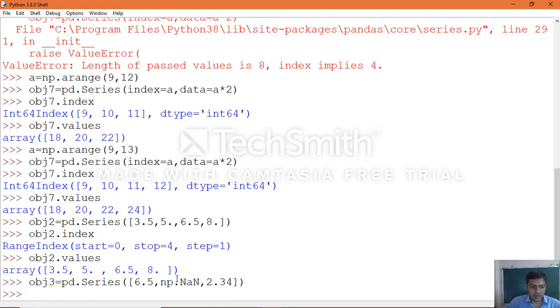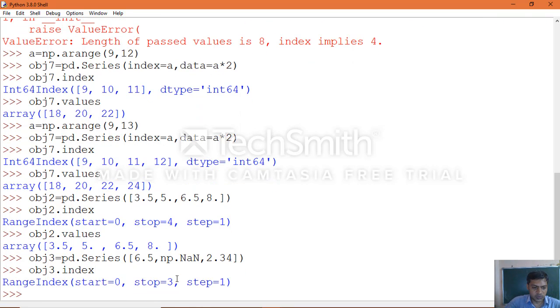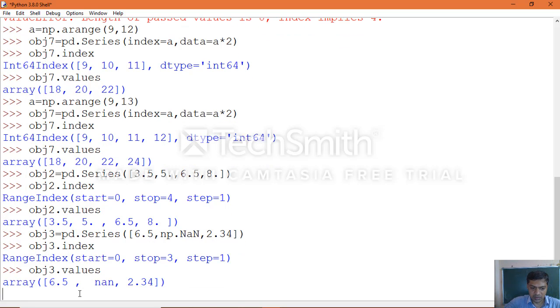Okay, now call the index as well as values of the object. Let's see the output. Because we didn't specify the index, it takes the default index based on the data we passed for the Series object. There are three values, which start at 0, 1, 2, stop value 3, step 1. That is how it takes. In the same manner you can retrieve the values.